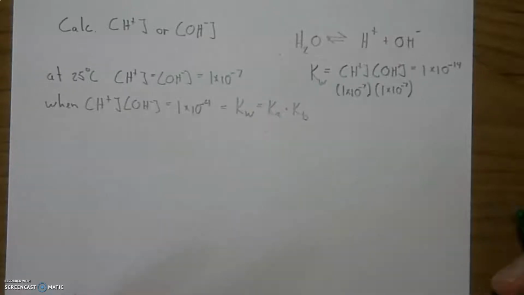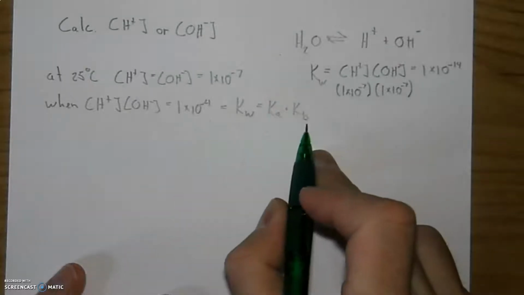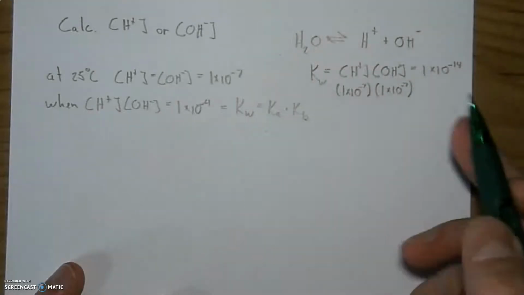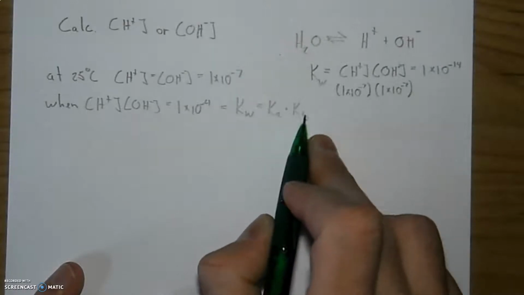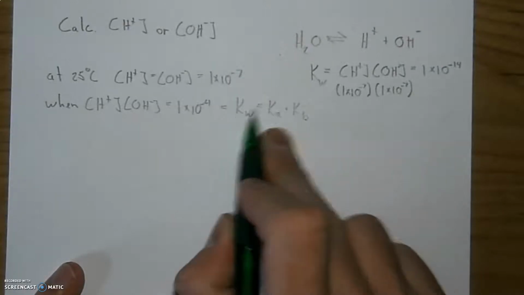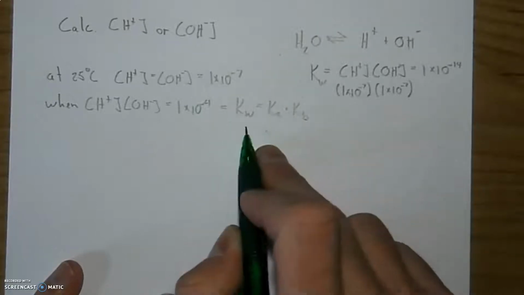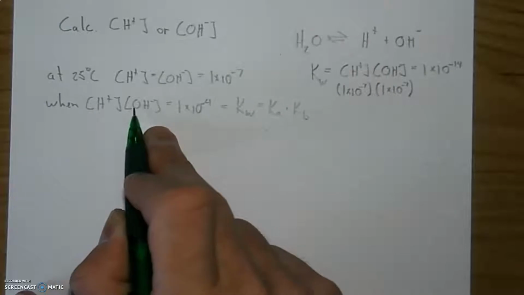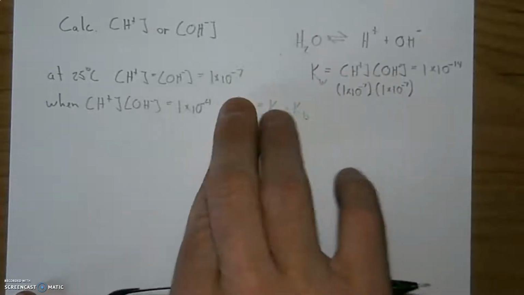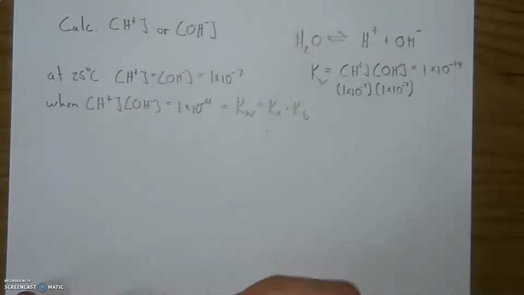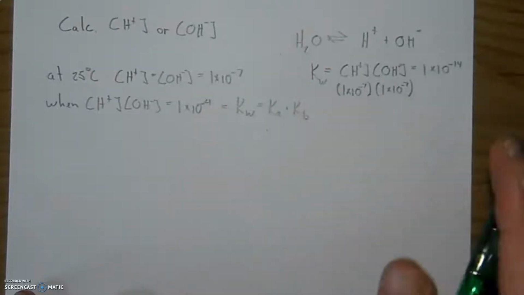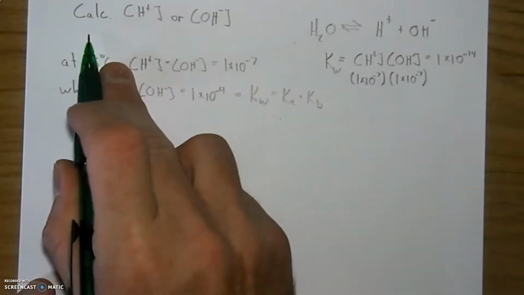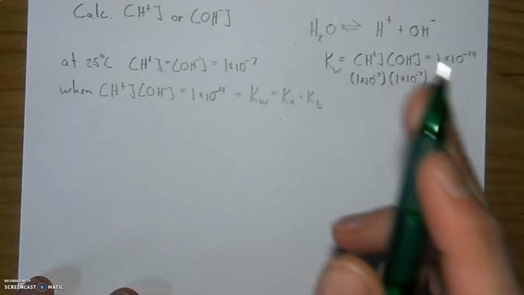Picking up where we left off, we were just setting up again this relationship: Kw is equal to the concentration of Ka, if I have one, multiplied times the Kb value, which is a result of knowing these two values. And I can swing this around the other way as well. And again, we can also look at hydrogen ion concentration times hydroxide ion concentration equal to this value. These are usually two different conversations, but we can just keep that in the background for now. All right, so if we look at calculating the hydrogen ion concentration or the hydroxide ion concentration,